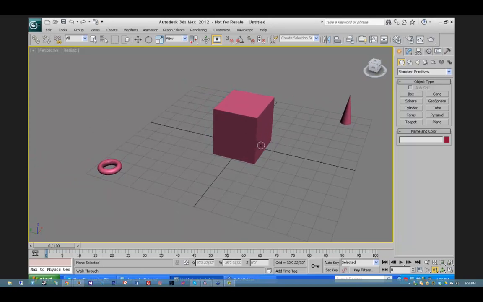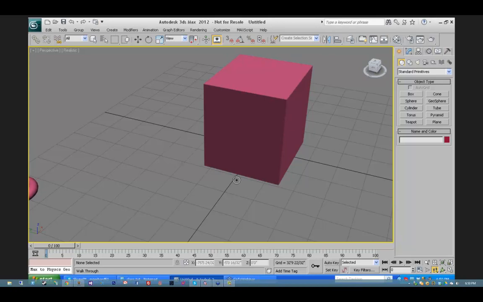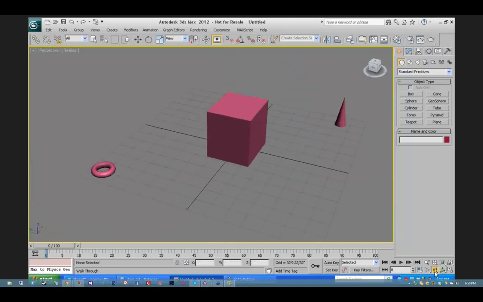Steve asked, isn't just MMB pan? MMB also is pan, yes. Yep, you got it. So I'm going to put this back to here. So already I've shown you like 4 different ways to pan. And this is the other